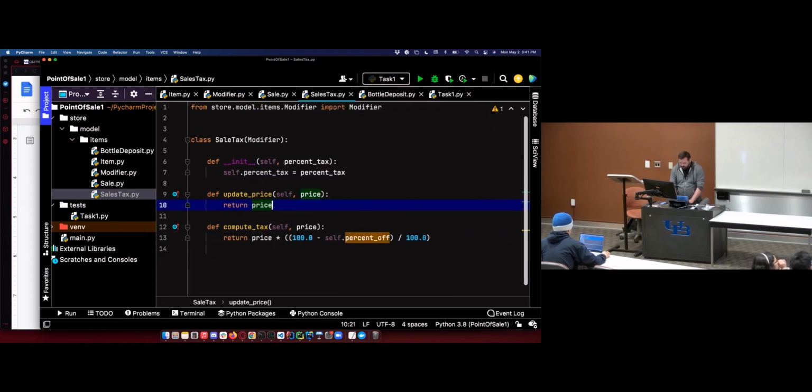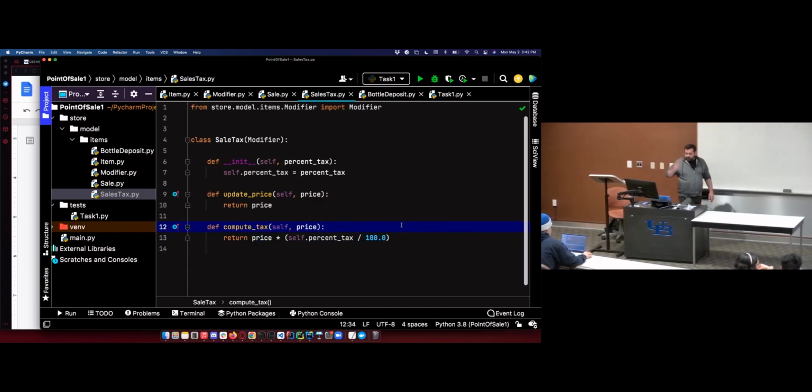It returns the original price. And then percent tax. Our math is a little bit different here. It's percent tax over 100. And that's it, right? Price times percent tax. If my tax is 10, it's going to give me 0.1 times the price. That's going to give me the tax. Okay. So just a little bit different than the other one.